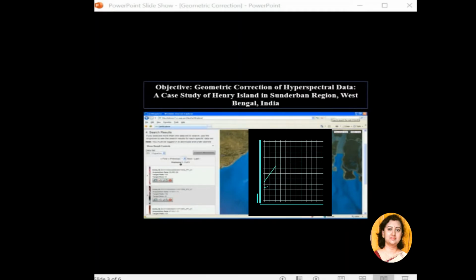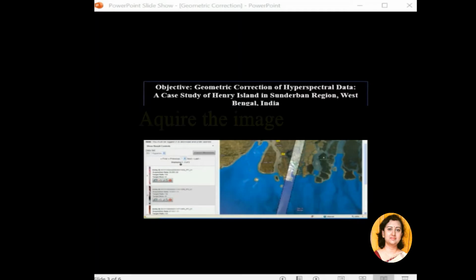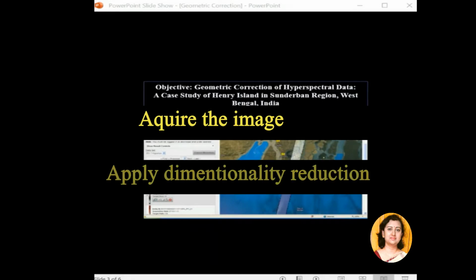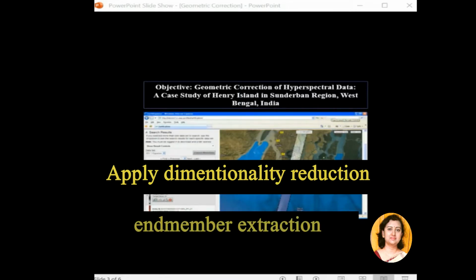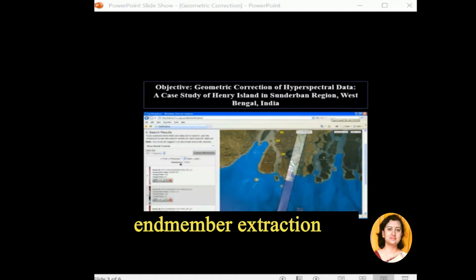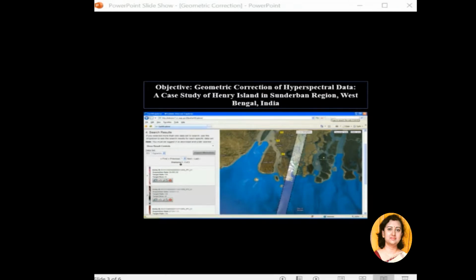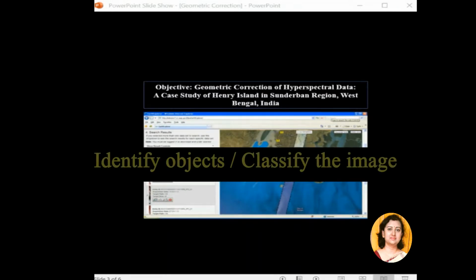So you acquire the image, you pre-process the image, then you apply dimensionality reduction to reduce the number of bands. Then you try to identify the end members or the pure pixels in the image, because the pixels may be mixed in nature. And finally, you try to identify objects or classify the image.